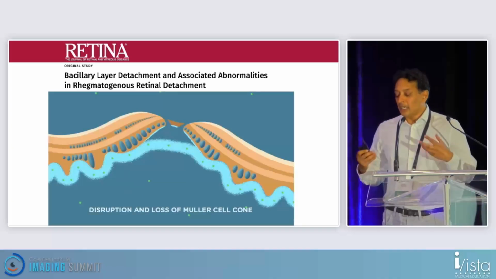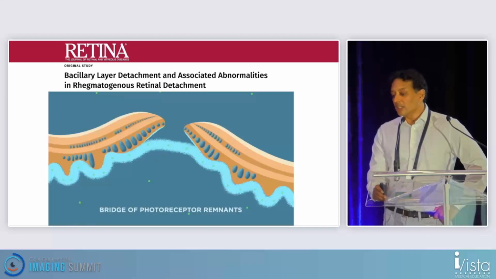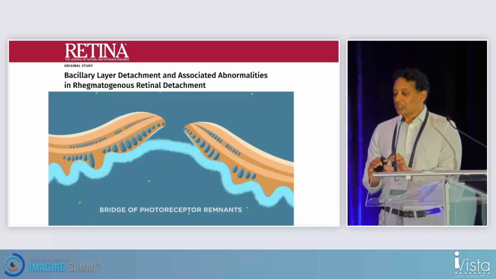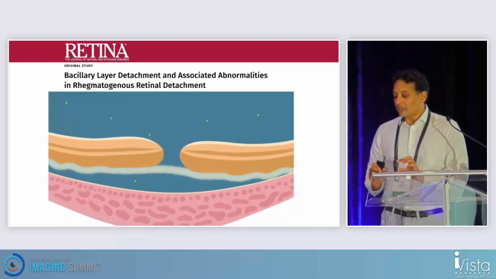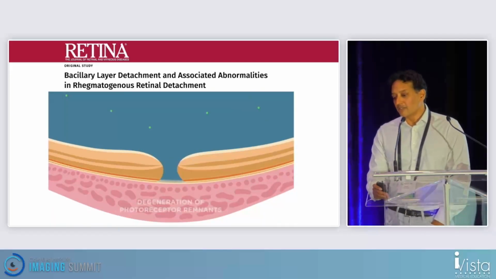Then you get a breakdown of the anterior ballad wall, you lose the Mueller cell cone, and then what's left there is actually not viable tissue, it's just interphotoreceptor matrix that eventually goes away, and you get this full-thickness macular